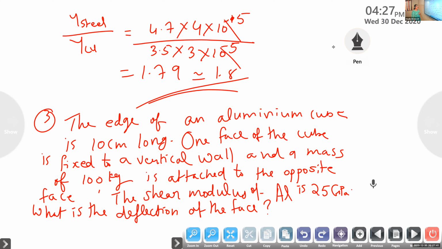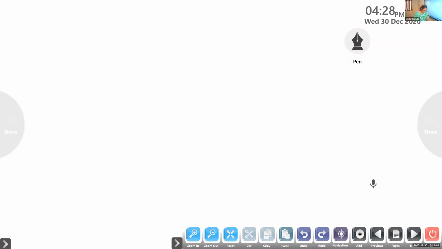So what do you have to find out? How much shifted? That means you have to find out theta. Correct? Theta is the angle of deflection. So you have to tell me theta. Here we are not finding it in degrees, we are just finding the magnitude. Okay? Can I change the slide, children? I hope all are there. So now what is the first step?